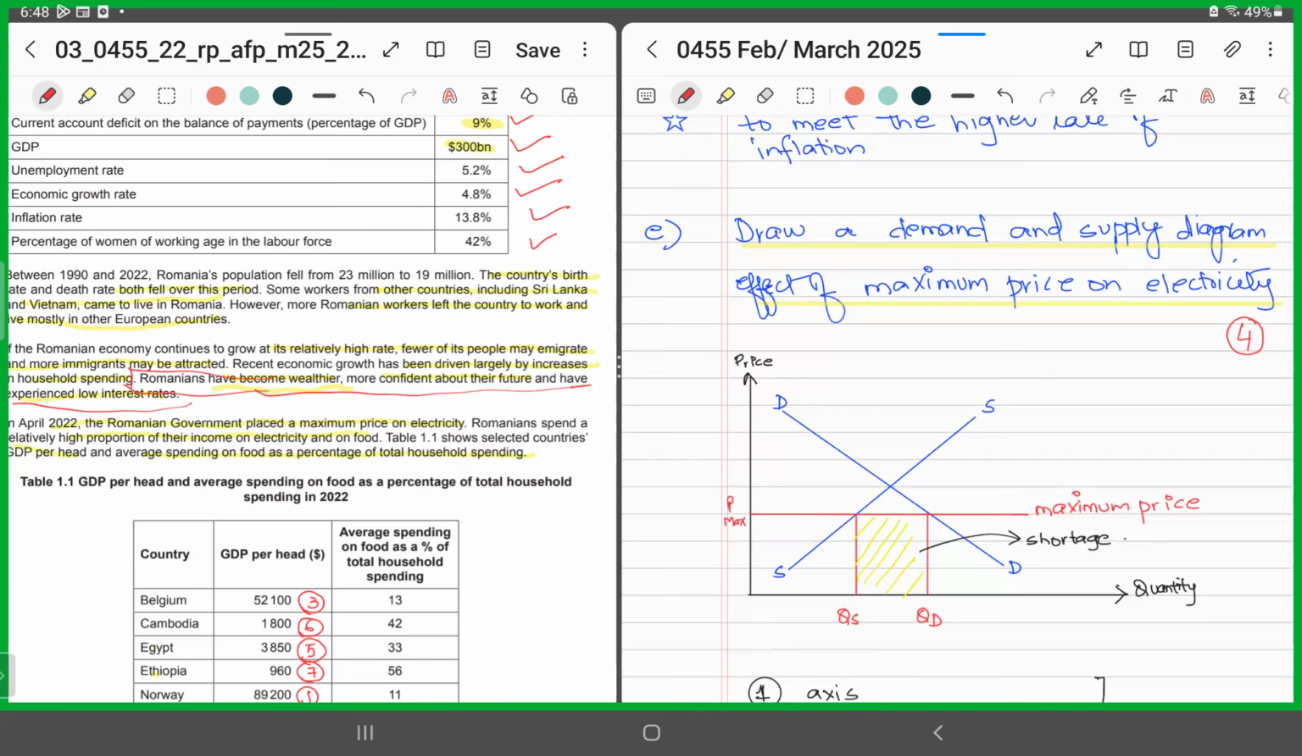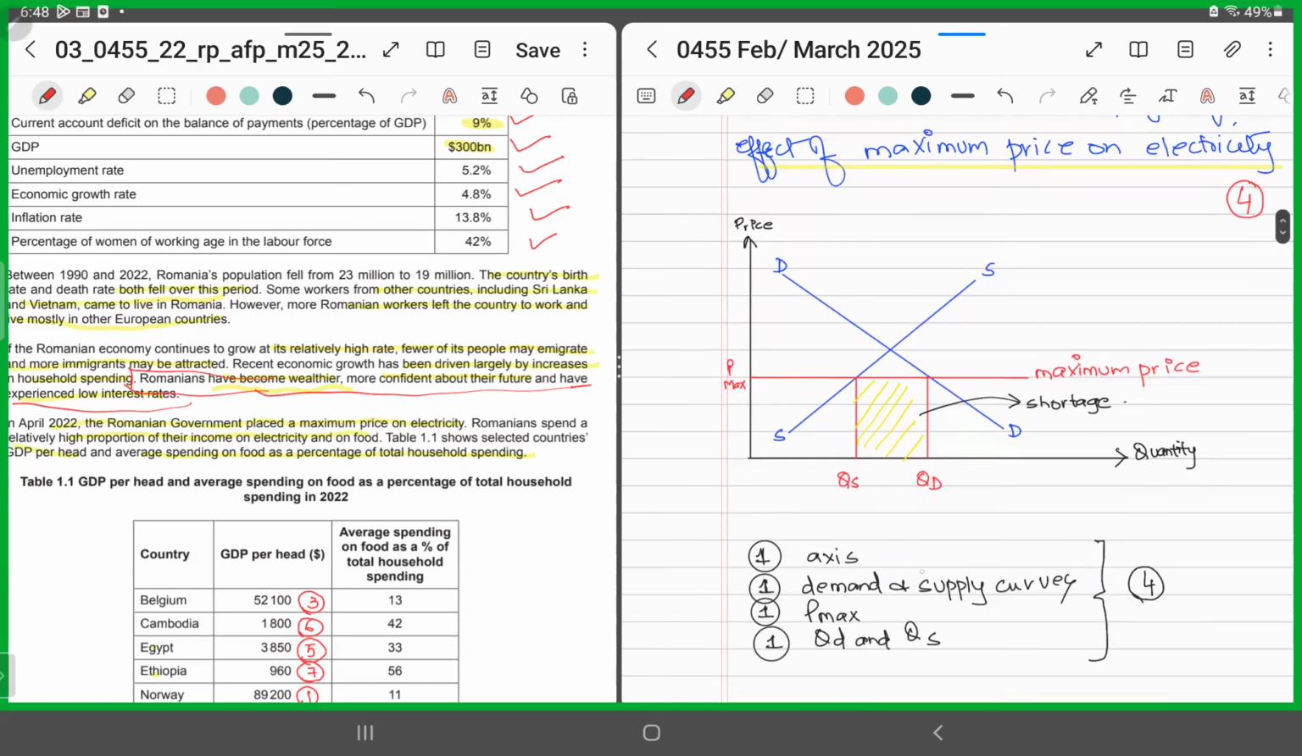All you need to do is give the correct construction of a demand and a supply diagram. Now, how are the marks going to be distributed? 1 mark is going to be given for the correct construction of the vertical and the horizontal axis. The second mark for correct construction of the demand and the supply diagram, the curves, for clearly mentioning and labeling of the maximum price, the third mark, and the final mark for the displaying of quantity demanded and quantity supplied